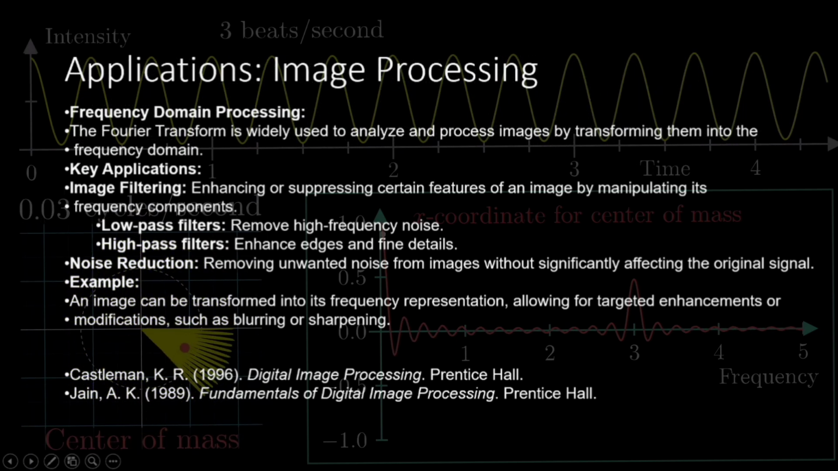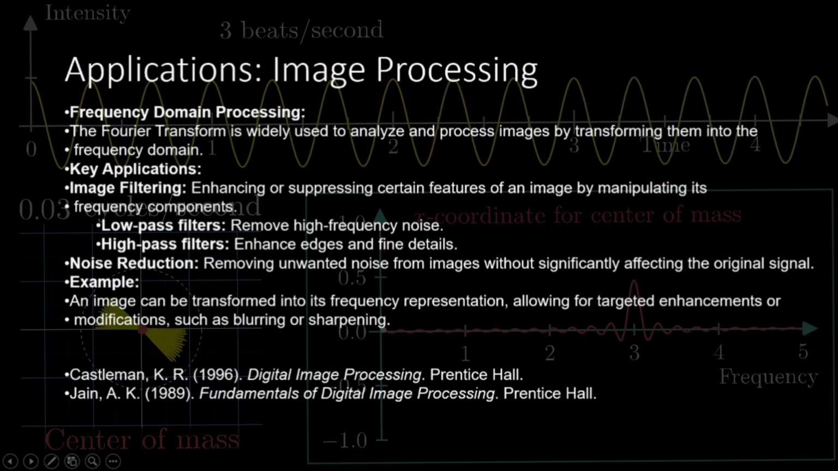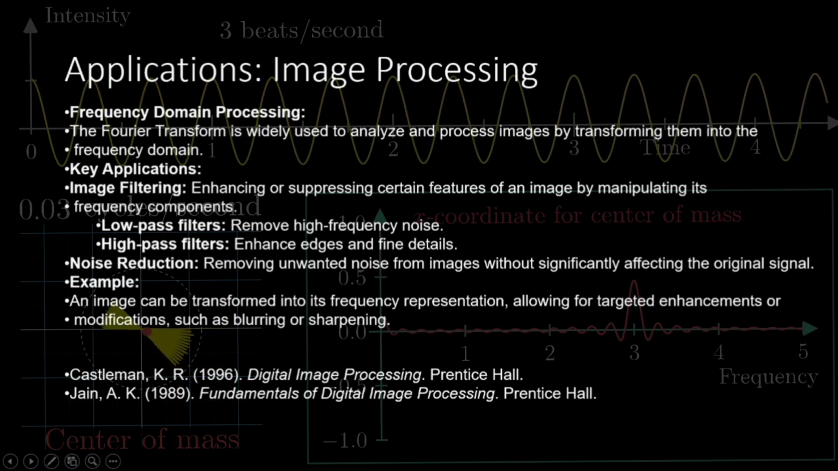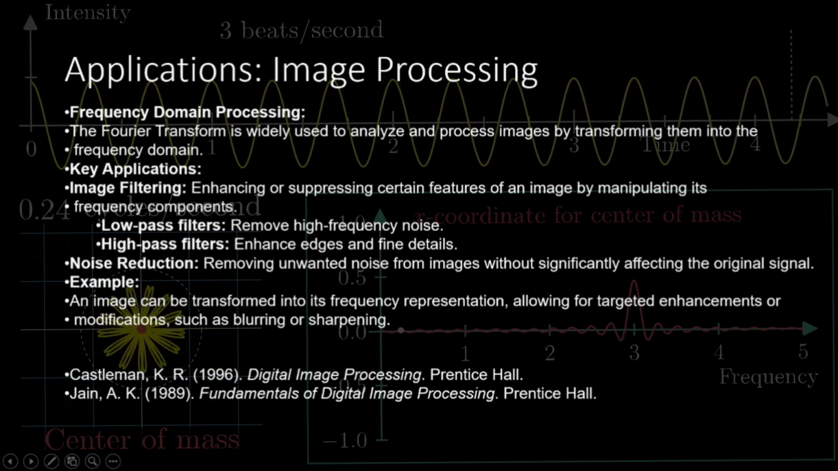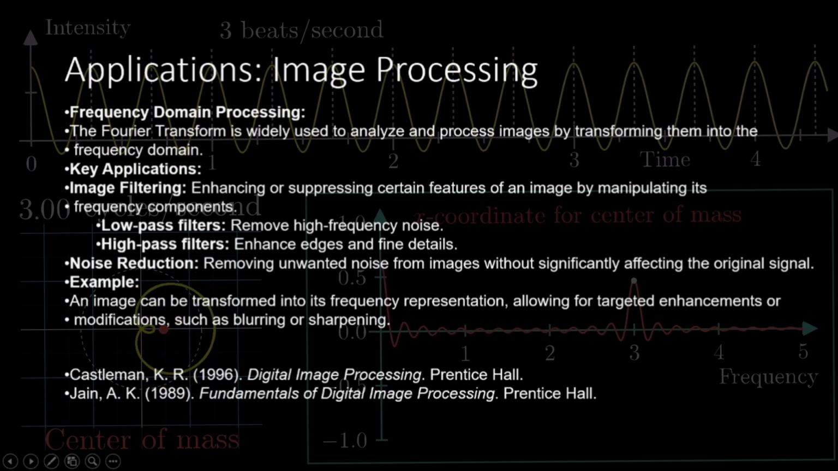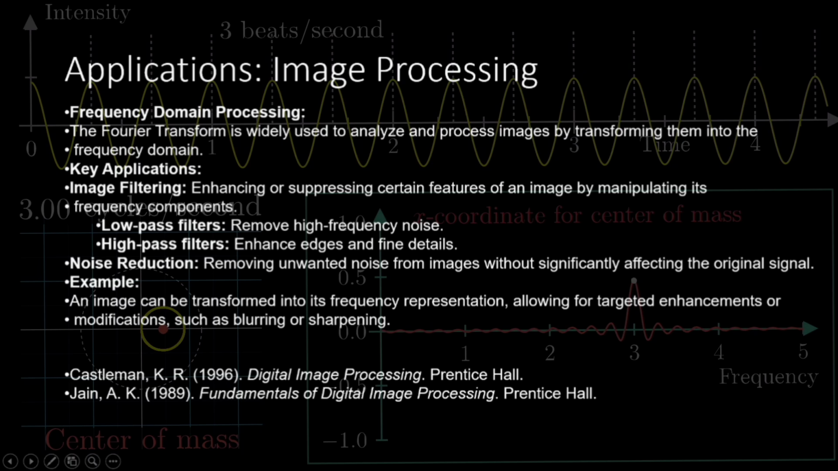One of the key applications is image filtering. For example, low pass filters remove high frequency noise, which results in a smoother, less detailed image. This can be useful when we want to reduce noise while maintaining the overall structure. High pass filters, on the other hand, enhance high frequency components like edges, help to sharpen details, or highlight fine features